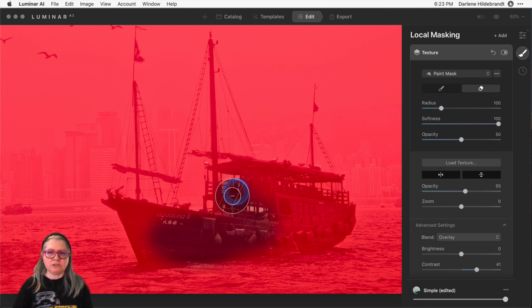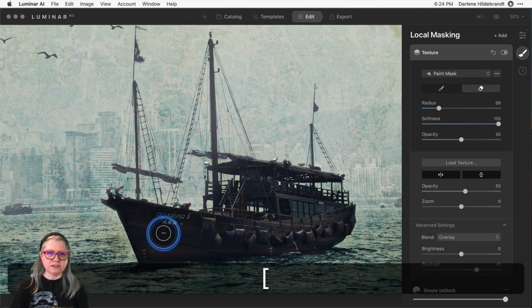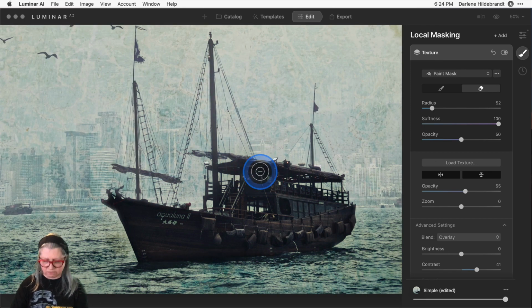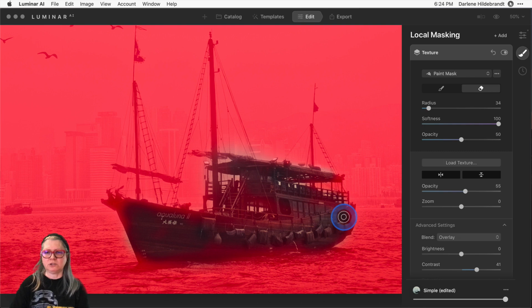Anywhere that you see red, that is the mask. What that means is where there is red, this particular effect, in this case the texture screen, is applying. So if I don't want it on the boat, or over the birds or something else, you want to erase the red. Red shows that effect, and getting rid of the red erases that effect. So I'm just going to do that.